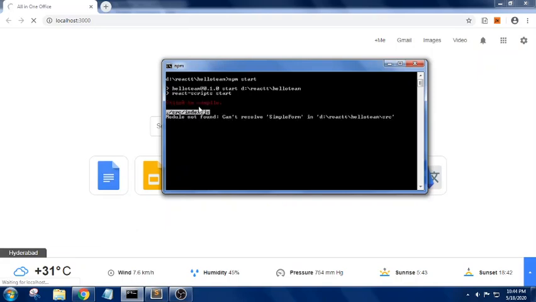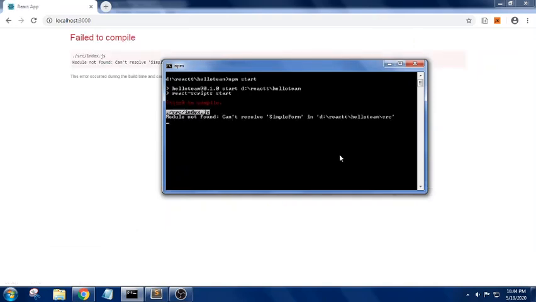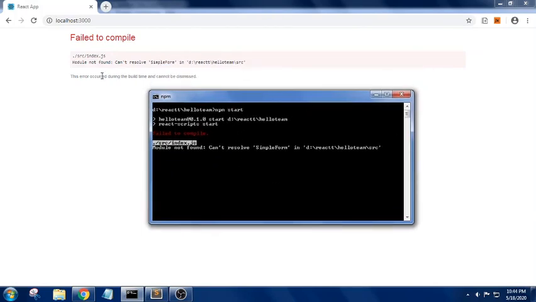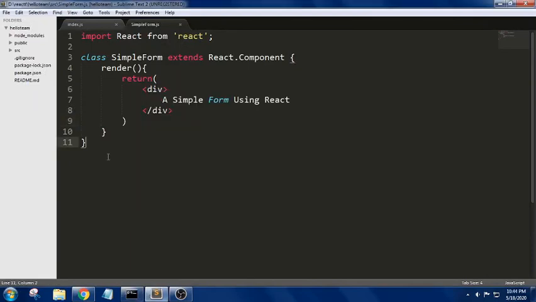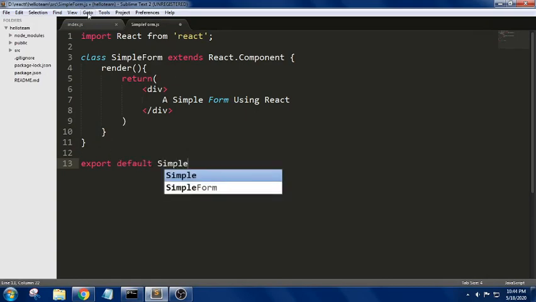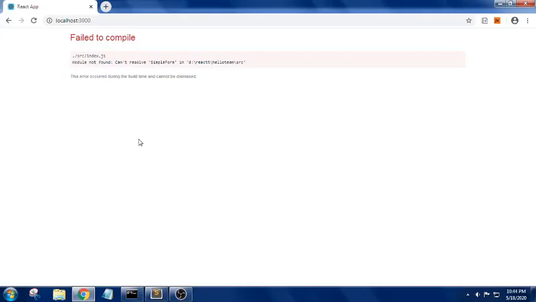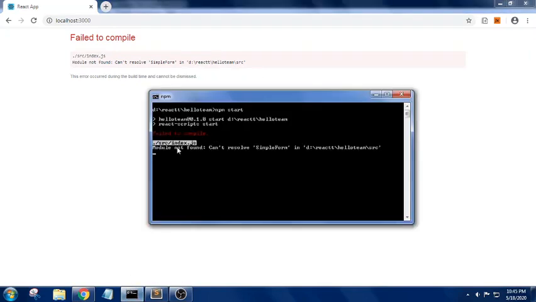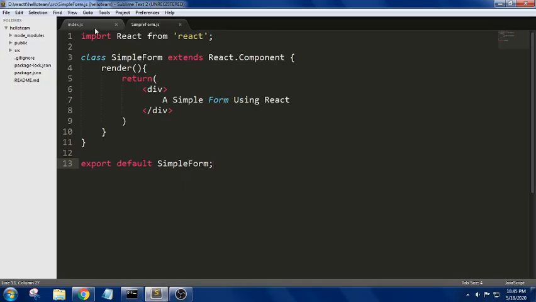Basically these forms will have form values, states, and all these things. We learned about this in the previous one hour tutorial also. Now we see the error: module not found, cannot resolve. It means we should always export it. At the bottom, export default SimpleForm. As we have imported this here, we should always export it. Now let us see. Again we got cannot resolve. In index.js, it cannot find the module SimpleForm. It means it is unable to read this file, so we should always give the correct path.